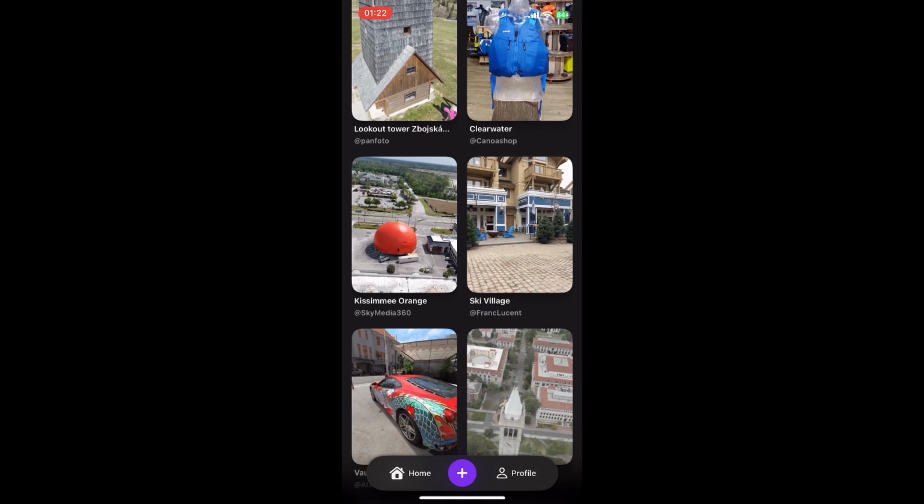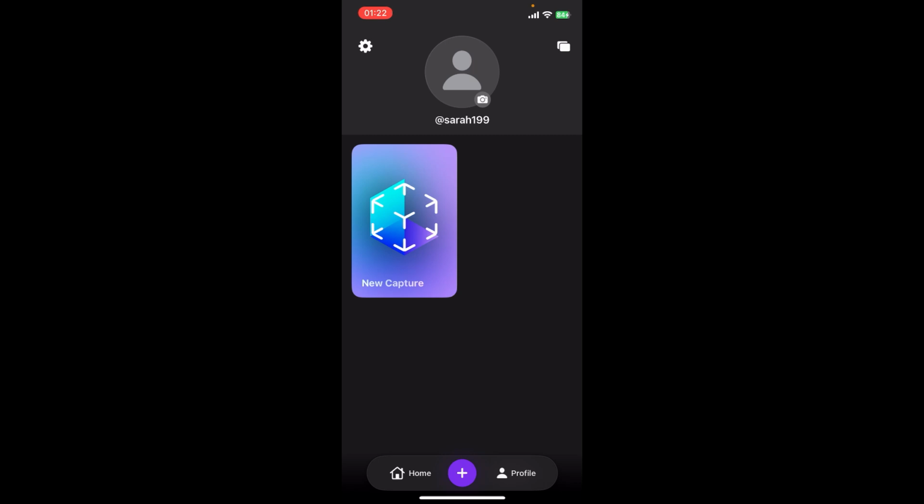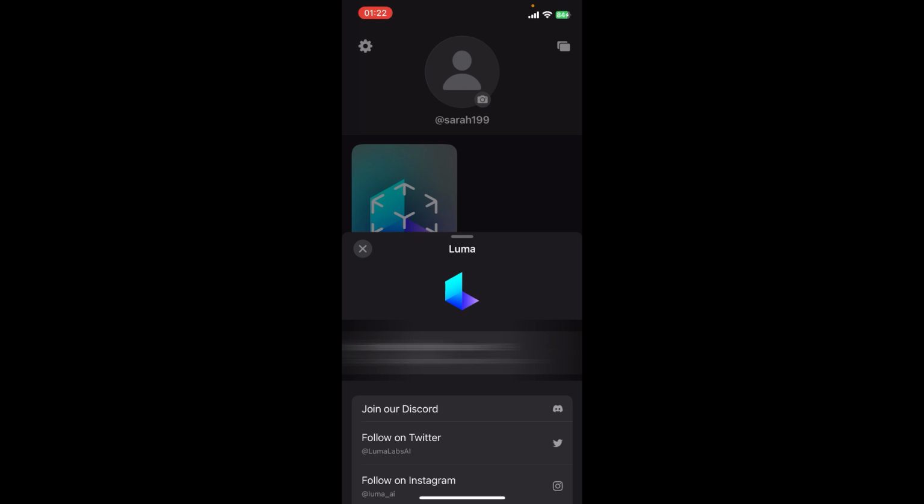Now on the screen, you can see options like Home, Create and your profile. Tap on your profile, then go to the top left corner where you're going to find your settings option. Tap on it, then tap on your user icon or the username from the menu that just appeared from the